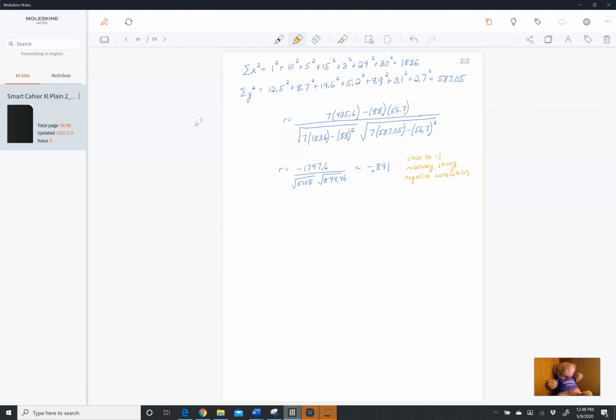Okay. Just to give you the math for the second one so that you can sort of practice. If we use the other data set, where it was hours of exercise,